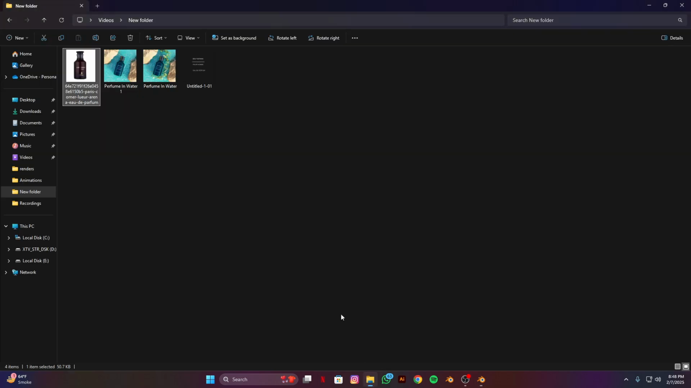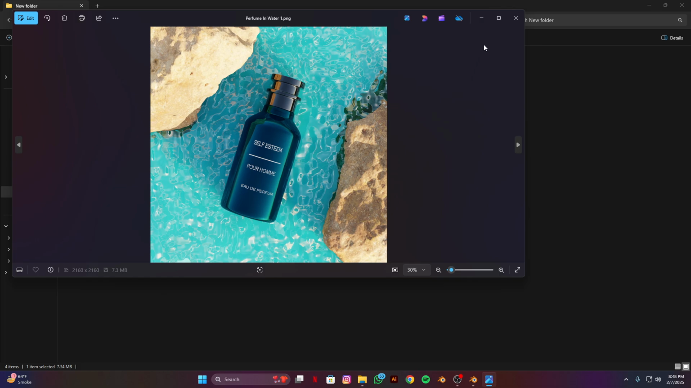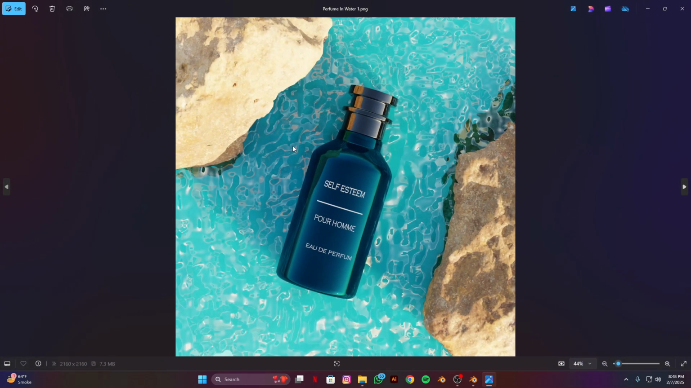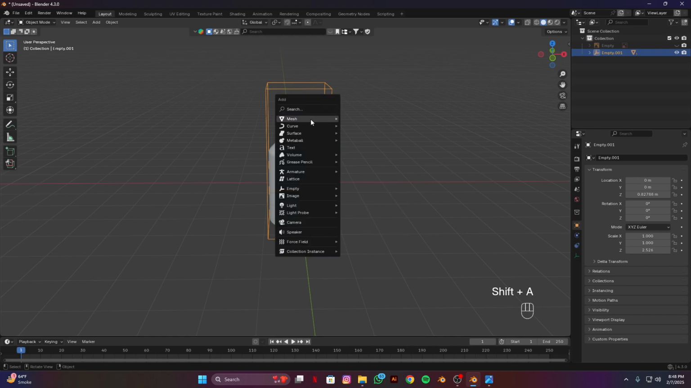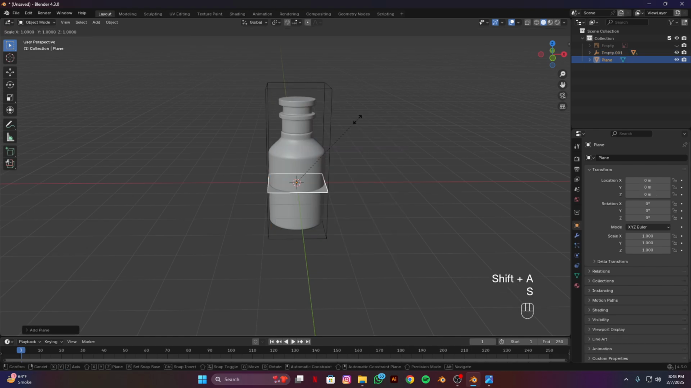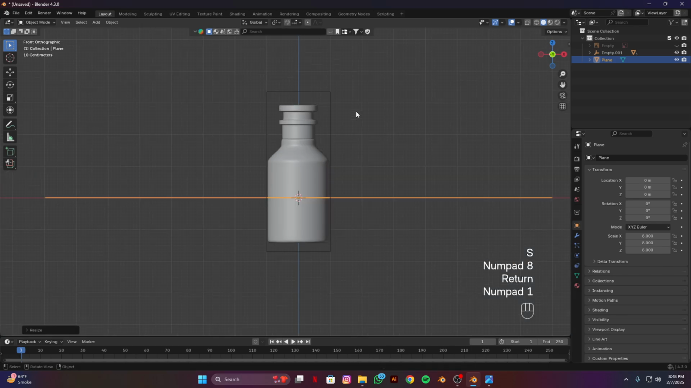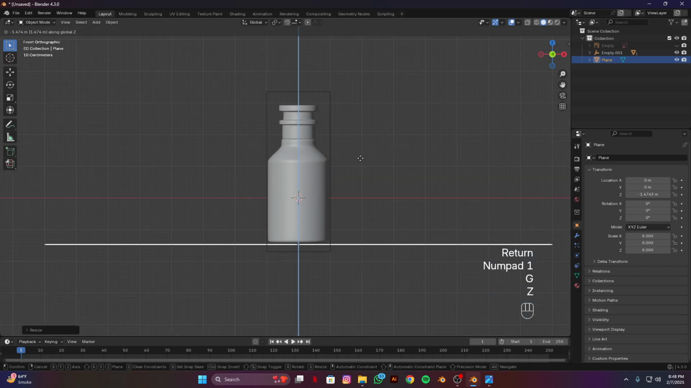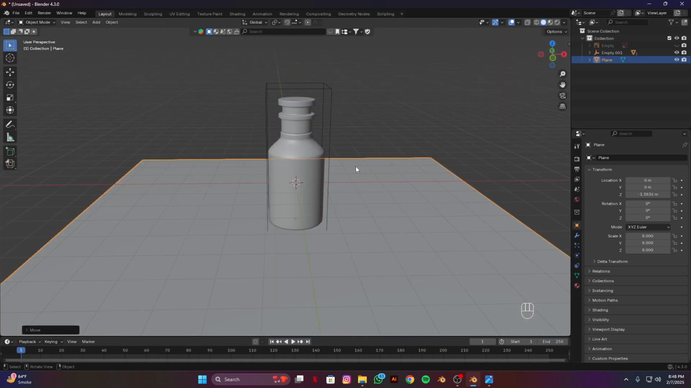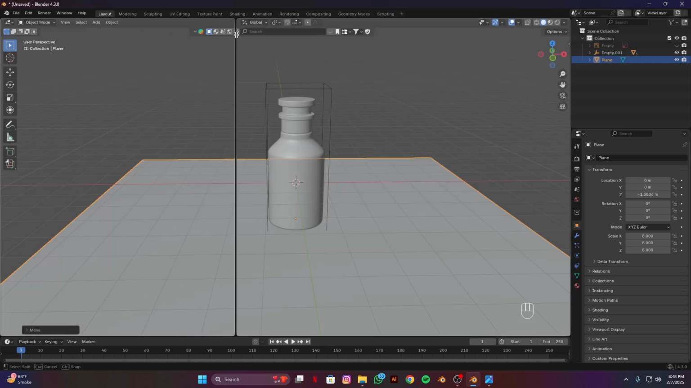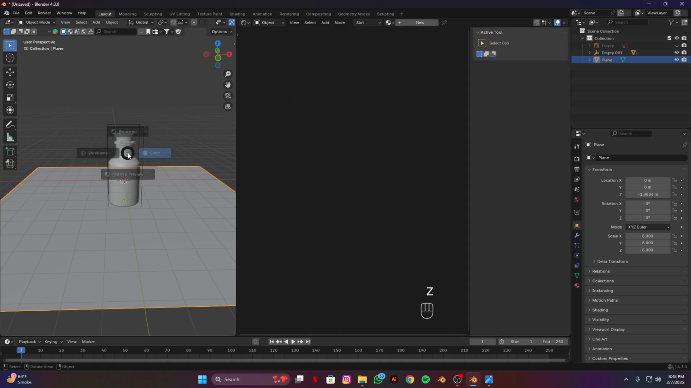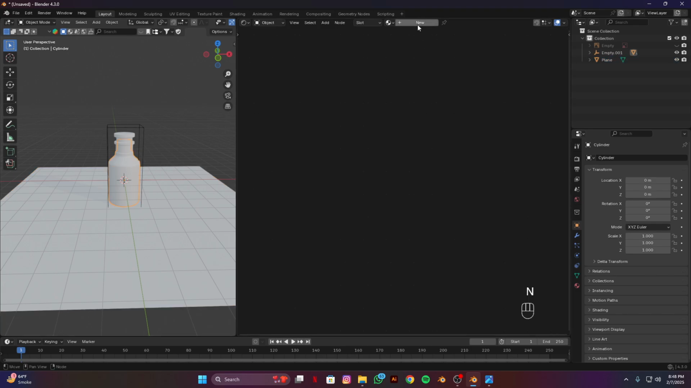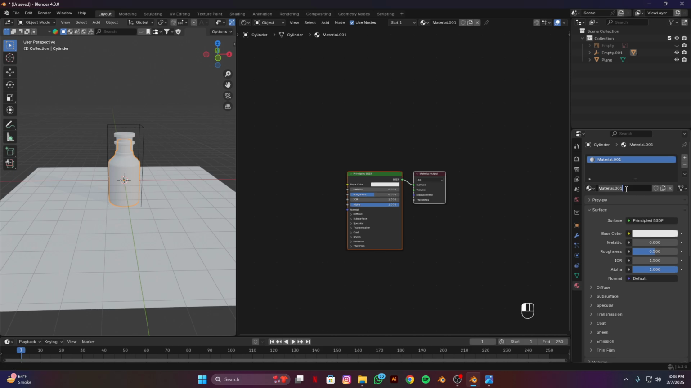Okay, now we have to make this water texture. So I'm gonna simply add a plane mesh, scale it 8 times and align it to our bottle like this. First, I'm gonna add a window here and let me make this the shader editor and this one material preview. Okay, select this bottle and assign it a material, name it bottle,